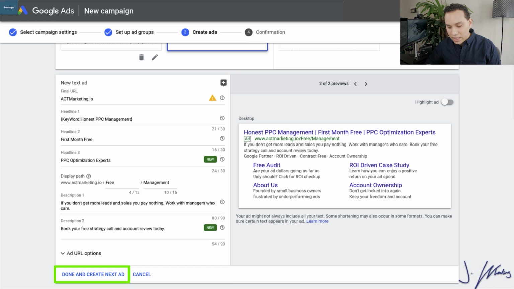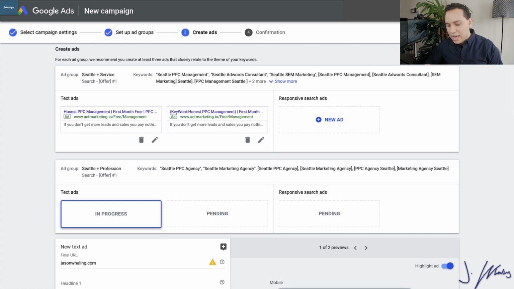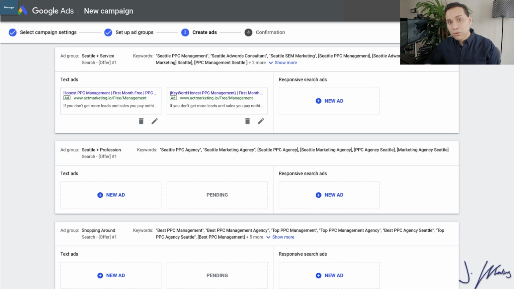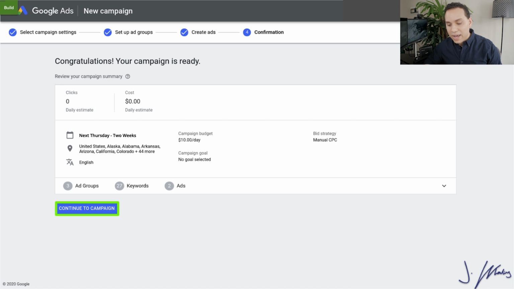So now we're going to go ahead and click done and create. It's going to ask you to create a responsive ad. Please skip this. This is something that Google is beta testing, and having multiple headlines and giving Google control over testing your headlines is almost never a good idea. So we're just going to go ahead and click cancel, and we're actually going to skip ad creation for the next two ad groups because we can easily copy and paste these to our other two ad groups. So we've only made two ads in this interface. We've gone ahead and skipped the next two ad groups, and we'll just go ahead and click save and continue